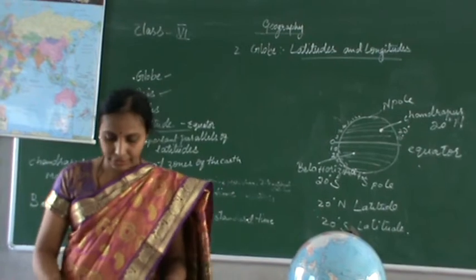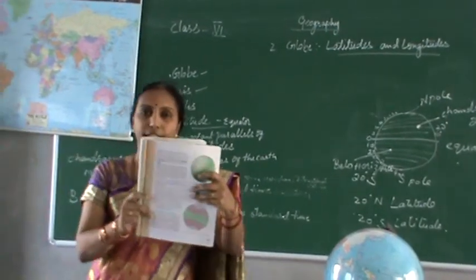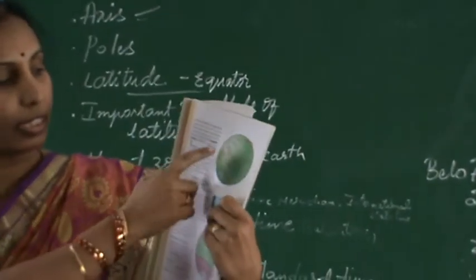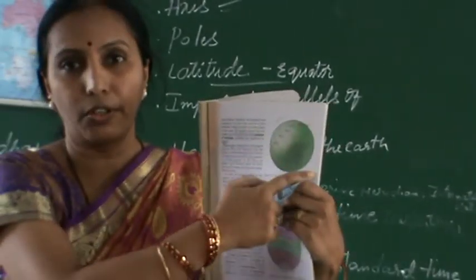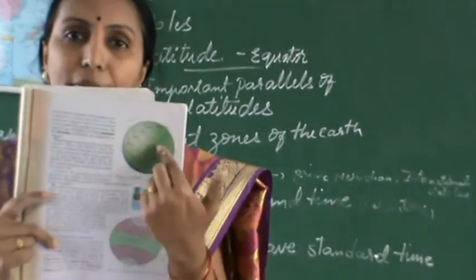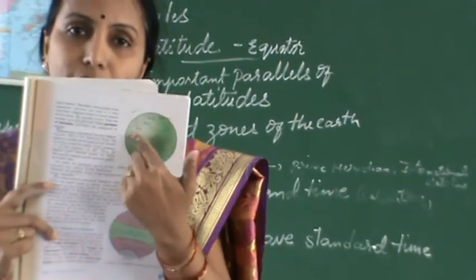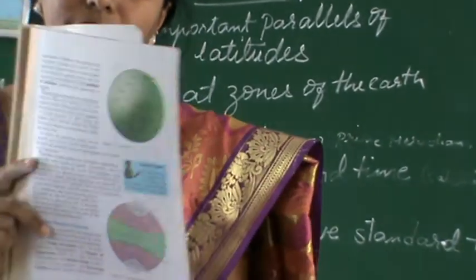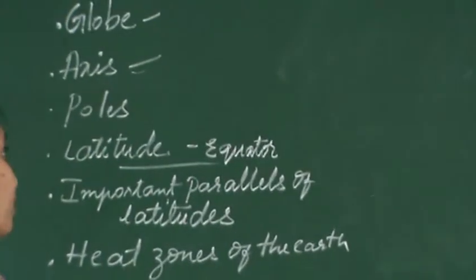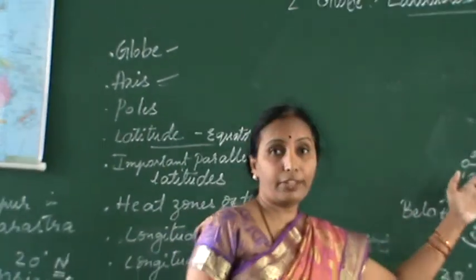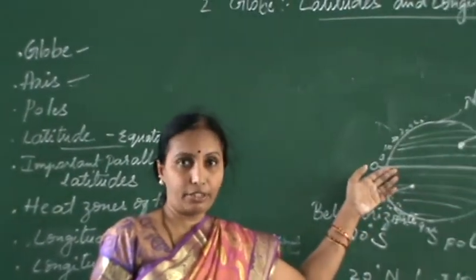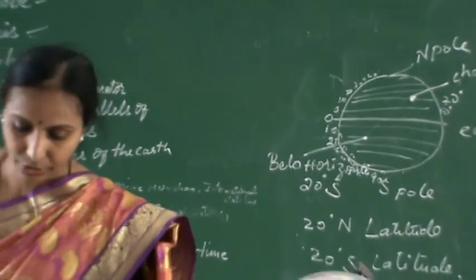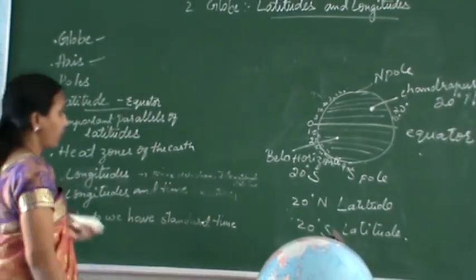As we see in this picture given in your textbook, these are the latitudes, horizontal lines or sleeping lines also, to understand easily. Can you see the latitudes? As we discussed earlier about the line of latitude, the equator and the North Pole, there are some more important parallels of latitudes. Those are